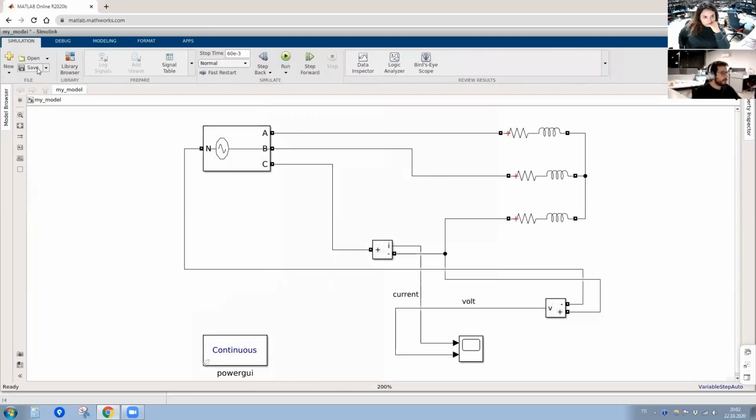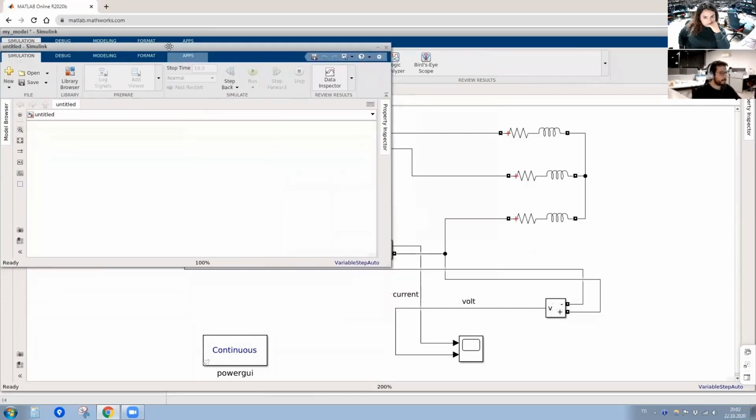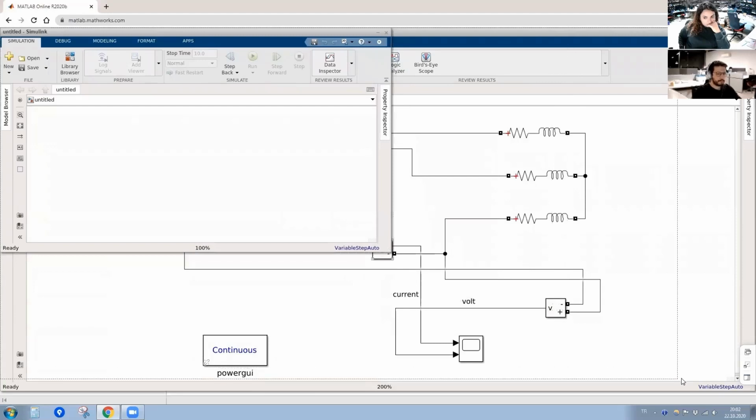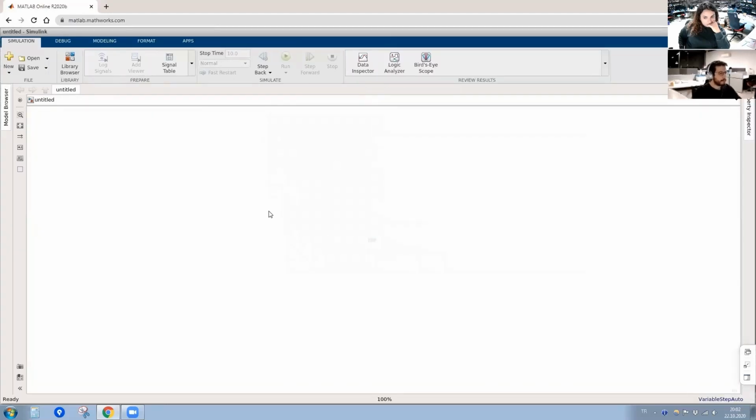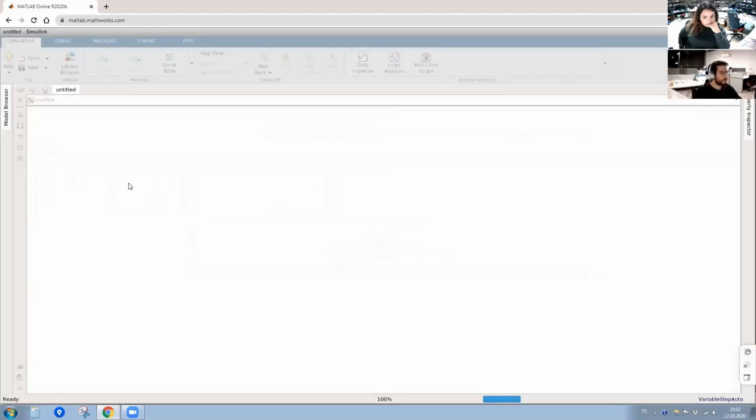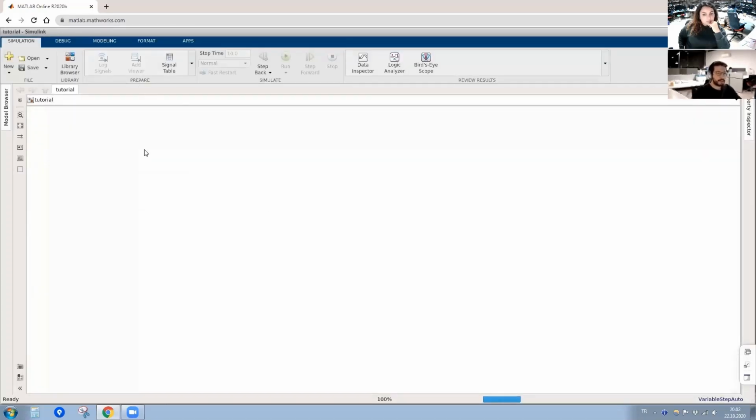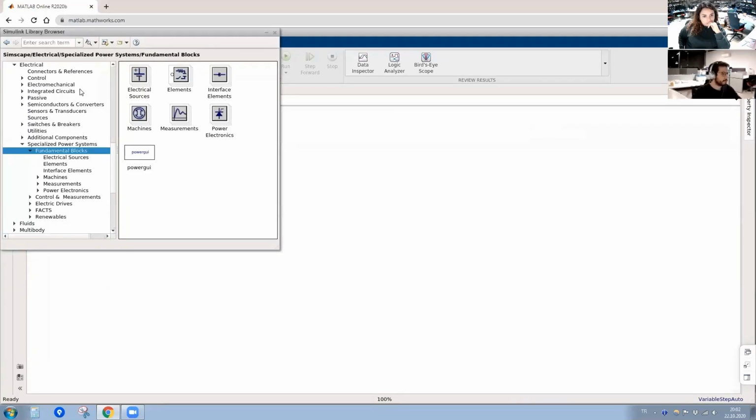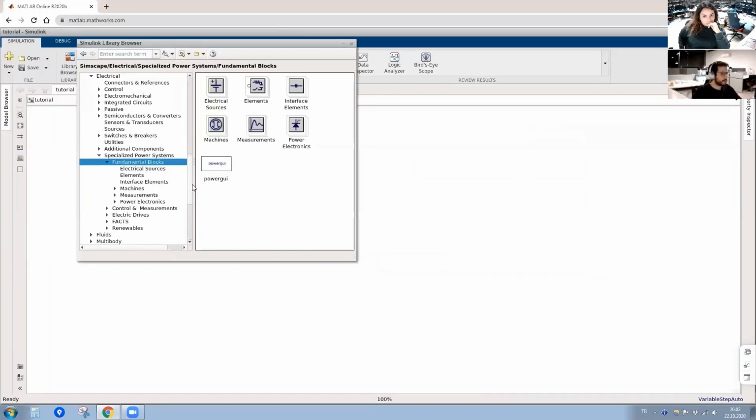First, I will open a new Simulink model, blank model. Okay. By pressing Ctrl S, let me save this file as tutorial. Okay, as I said, we will use the Simscape Library throughout this course, which is located under